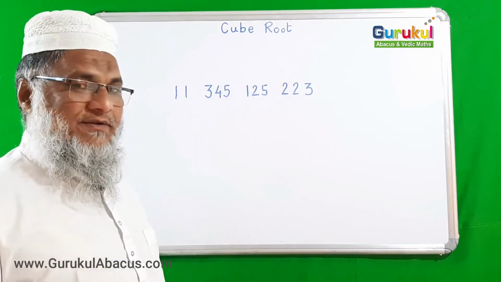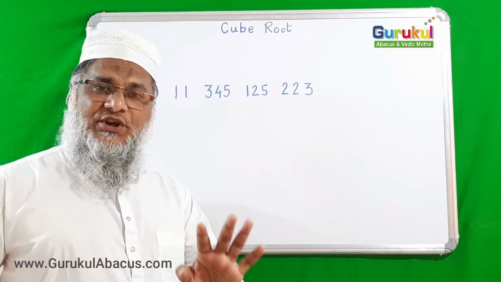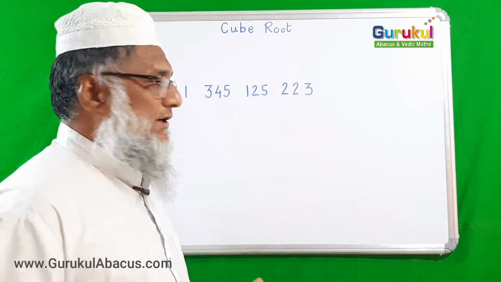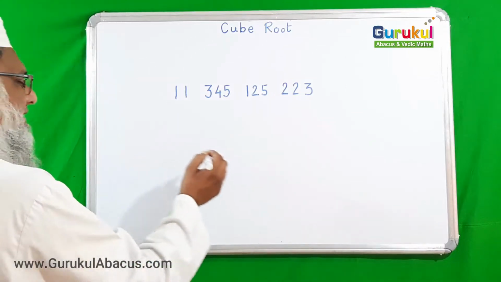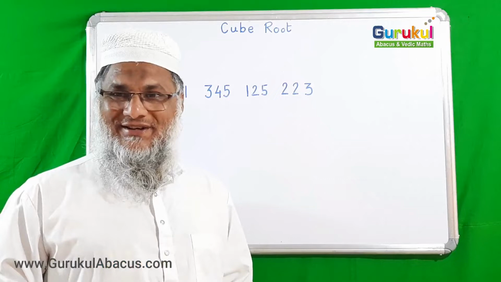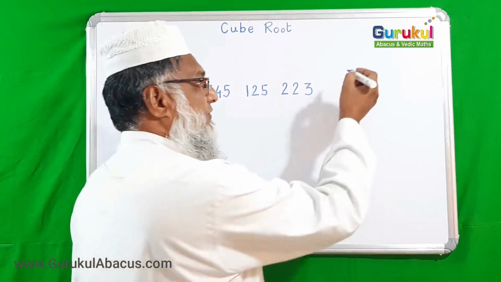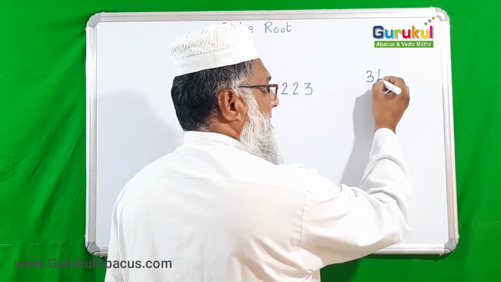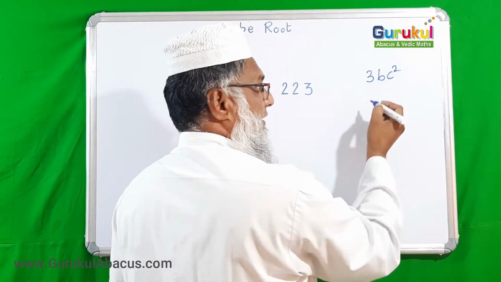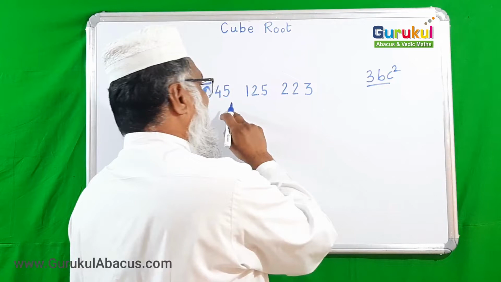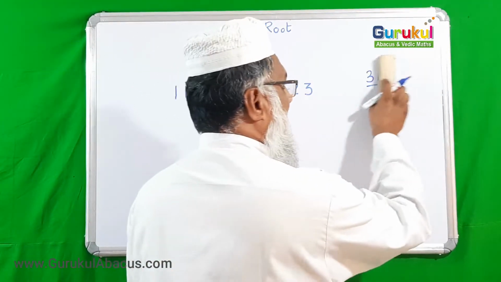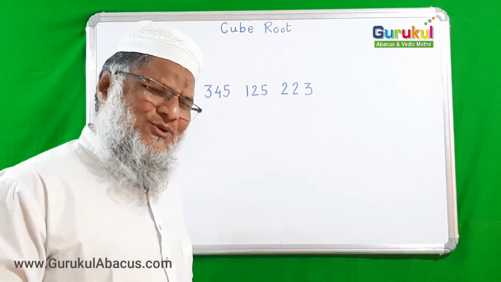So our previous example had only three pairs, but now there are 4 pairs. It means a little understanding is needed: the answer we are getting would be 4 digits. So our previous formula, 3bc square, which we were using to find the value of the middle digit, would not be applicable. We have to find a new formula, and it is so simple.